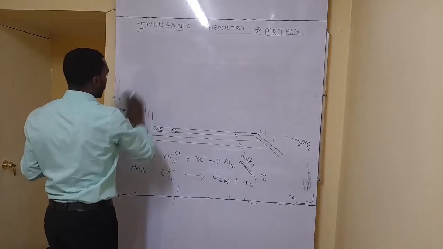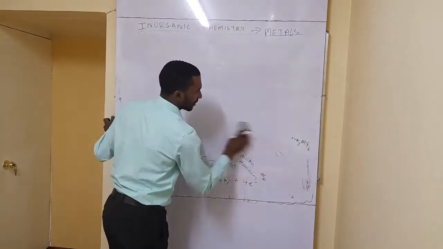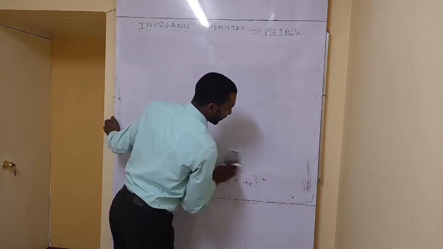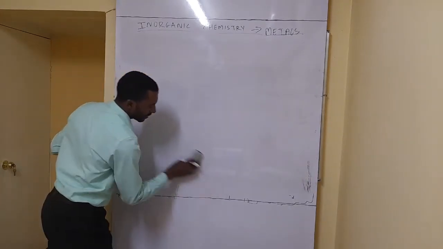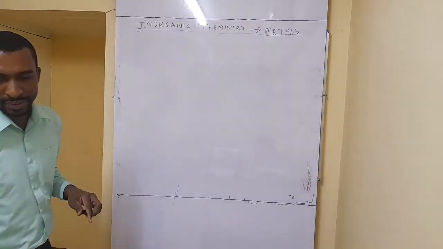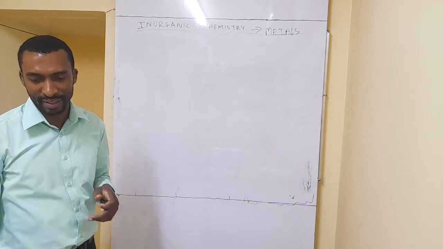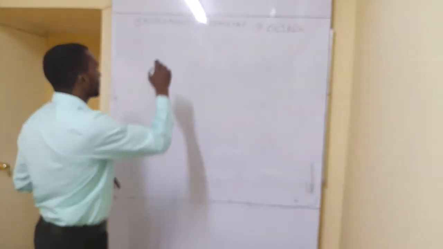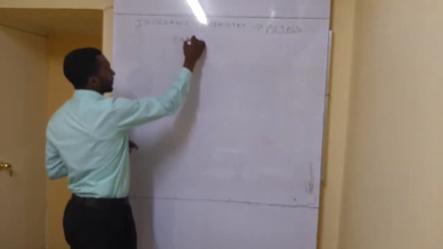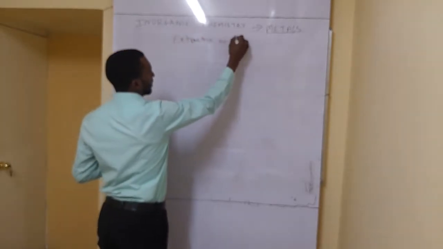So for the extraction of iron, it's actually not electrolysis that is used, but the reduction using carbon monoxide. Because iron is less reactive, we don't need as high energy as electrolysis to extract the iron. We can use reducing agents such as carbon monoxide to carry out that reaction, right? Extraction of iron